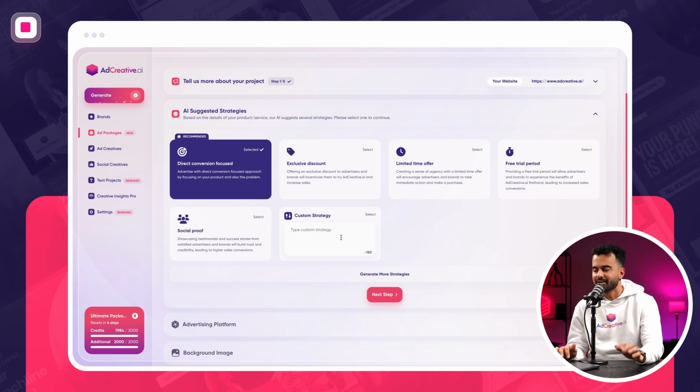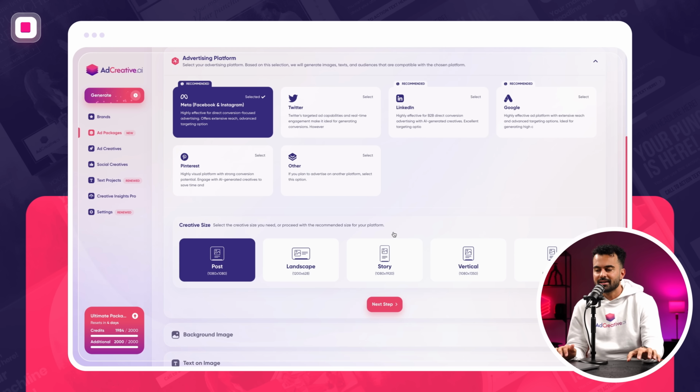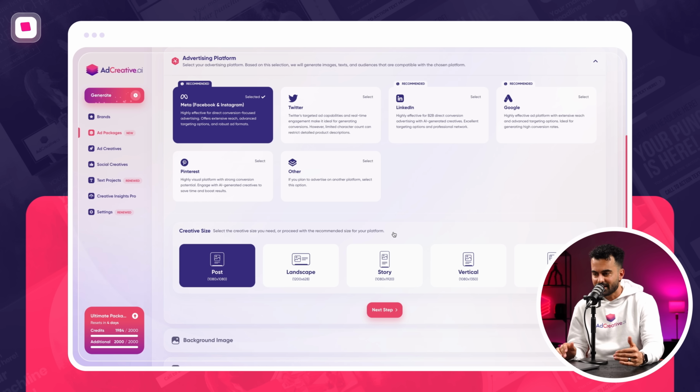But if you have your own custom strategy, like a product where you want to do buy one get one free, that's also something you can write here, or you can generate more strategies if you need more. So I'm going to go with direct conversion focused. I'm going to click on next, and based on the strategy that I selected, you're going to see that AdCreative.ai